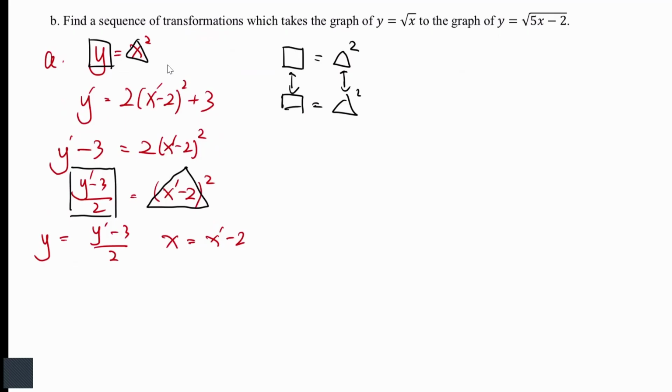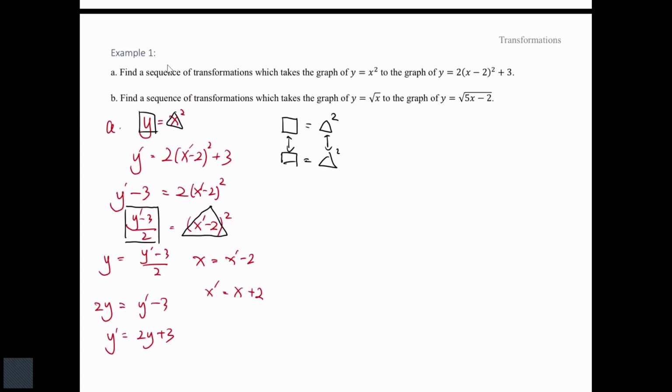Now, we can rearrange it to make x dash and y dash the subject. I multiply everything by 2, and y dash equals 2y plus 3. At this time, x dash equals x plus 2. Now, by some observation, I can determine the transformation. We can look at x and y separately. I just want to change the x first because I think x is easy. I can translate. So this one actually tells me